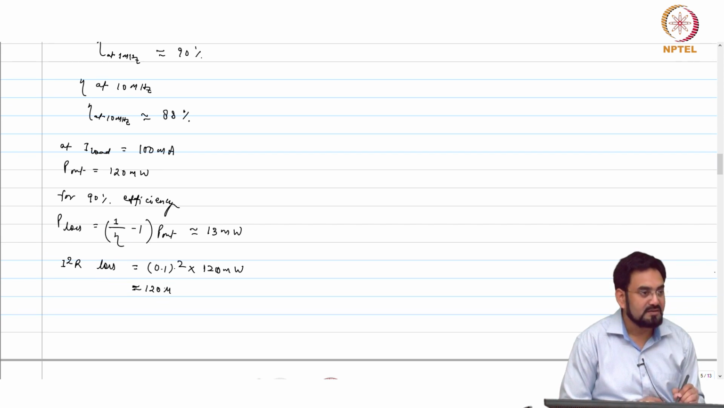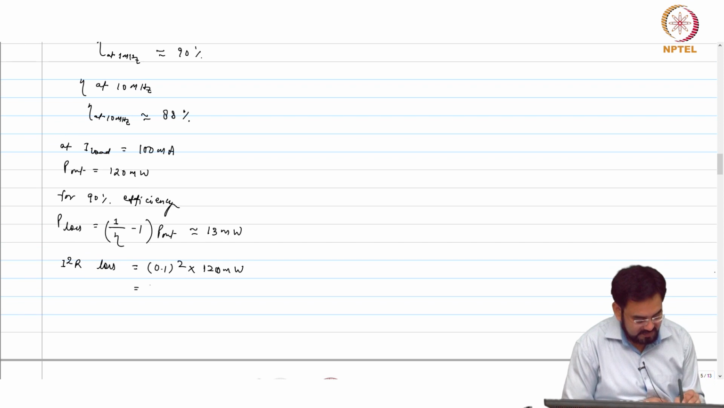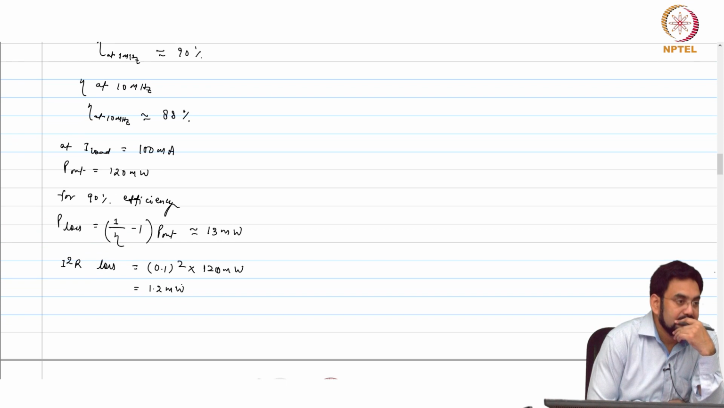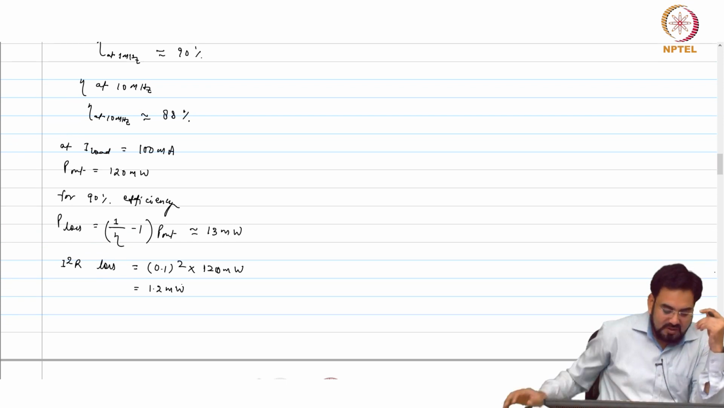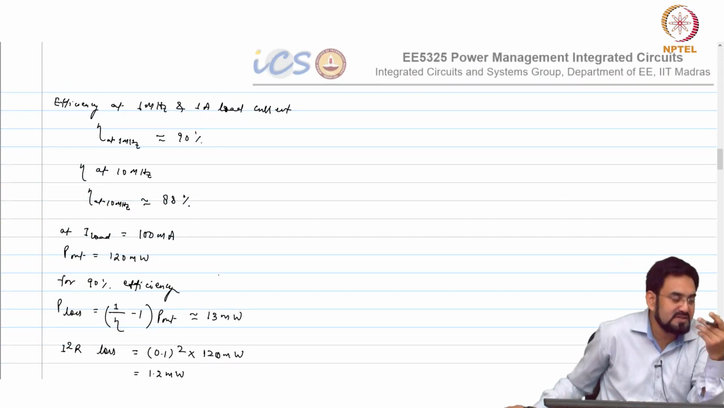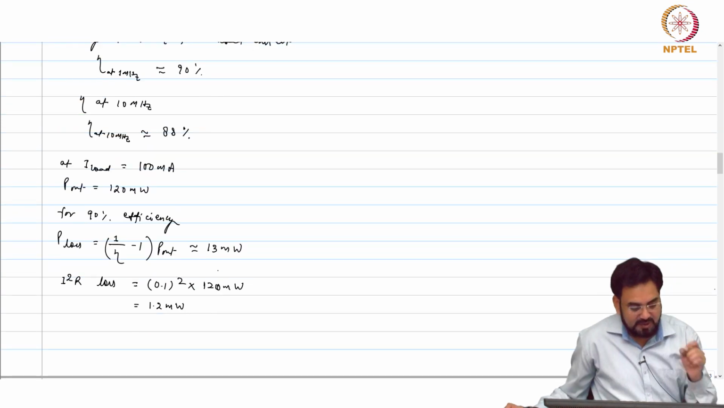0.12 milliwatt? 1.2 milliwatts. 1.2 milliwatt? Wait, 0.1 into 0.1 into 0.12. Okay, 1.2 milliwatt. So now, your CV square F losses will not change, they will remain the same. So 1.2 milliwatt